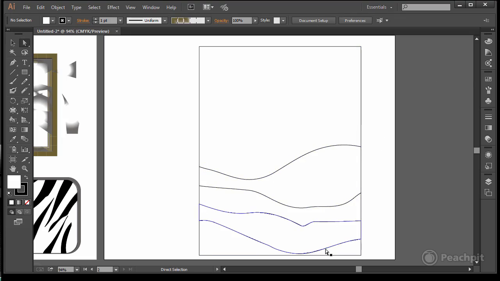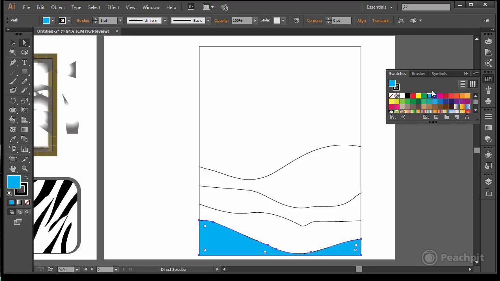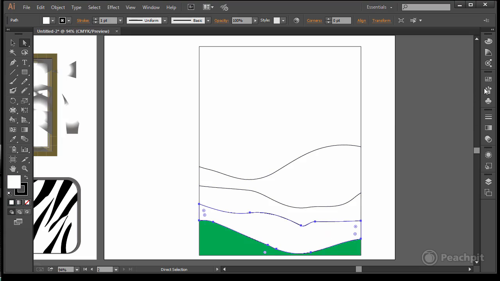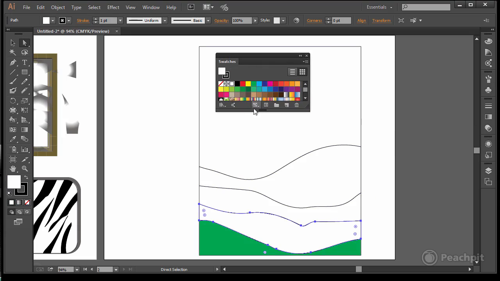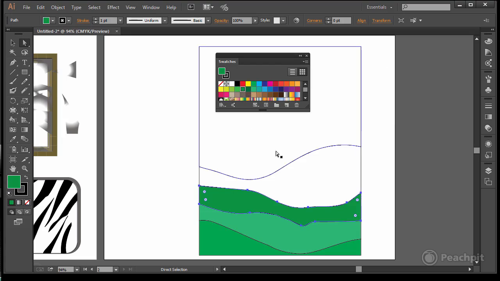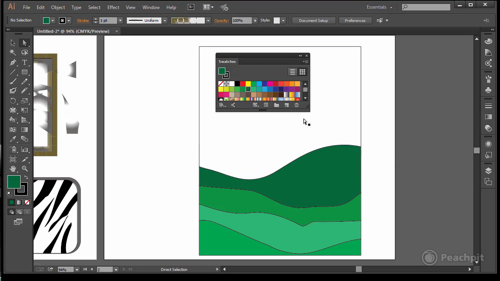And releasing that, let's put some green. Pull that off. We'll do different shades of green here. And then in the background,